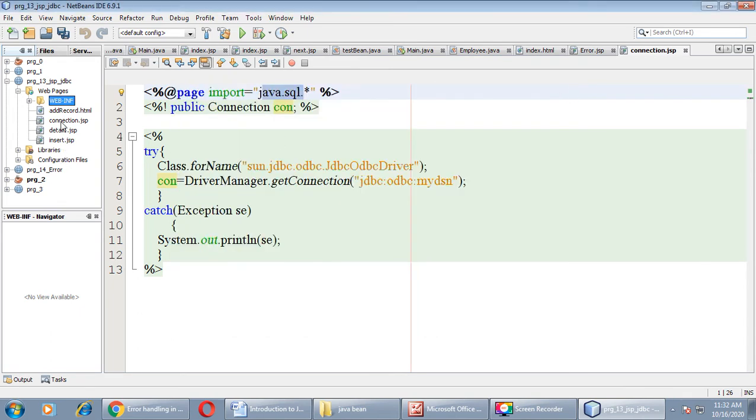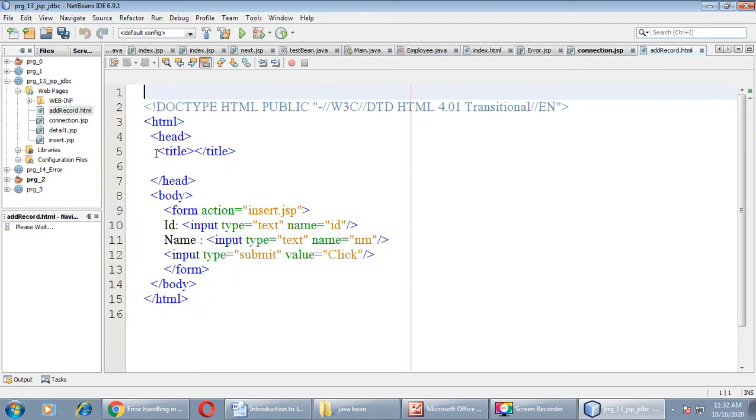Here I have already created one page with the name addrecord.html. You can see the content of this page. Here I have simply provided two text boxes, one for entering an ID and second for entering the name of the employee. As we are going to enter two fields only, ID and name, that's it.